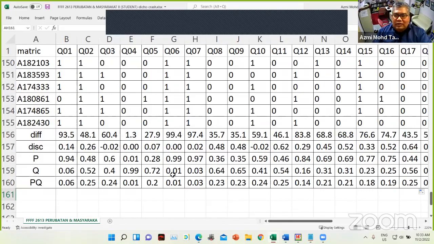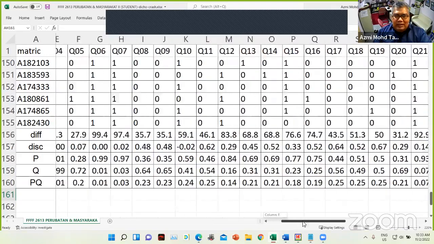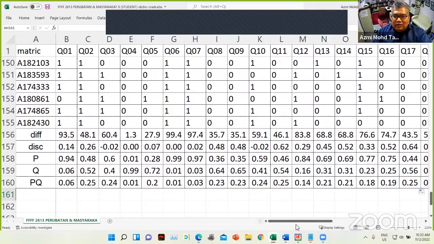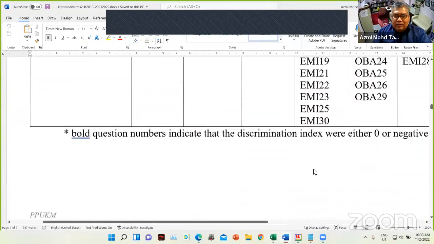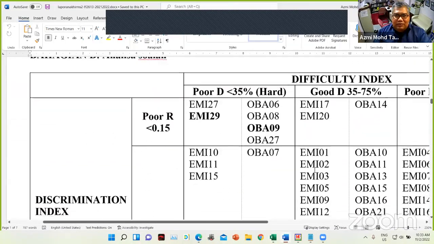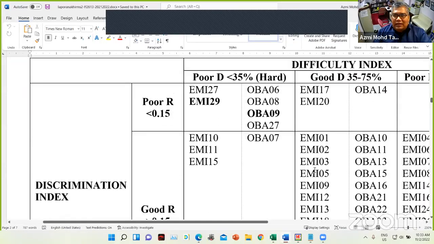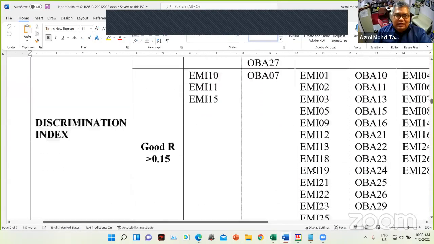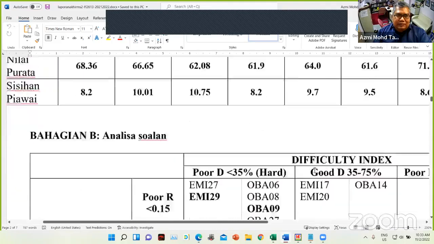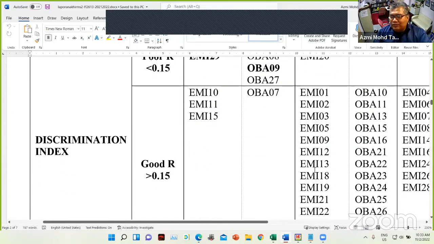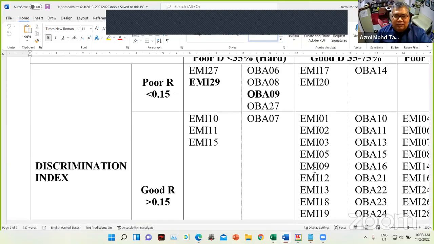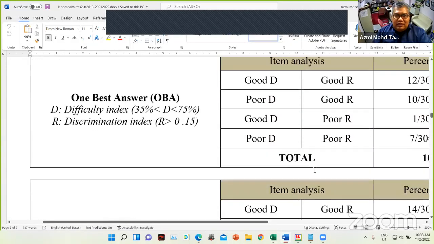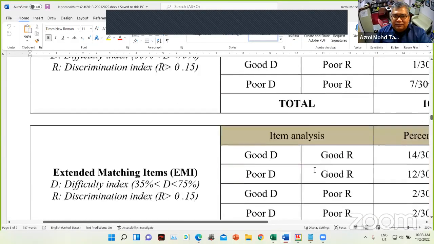Okay, so that one I will report to Nasir inside the report. Why? Because inside the report I will show you. He will want me to come out with a report like this. For the questions analysis, I need to come up with the distribution index. I need to come up with the difficulty index. And what are the questions that are problematic. And then I have to come up with what they call